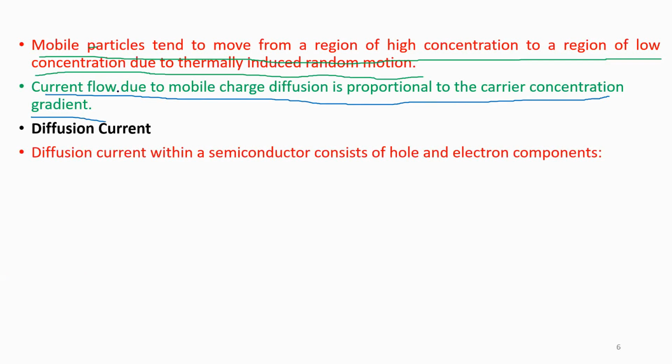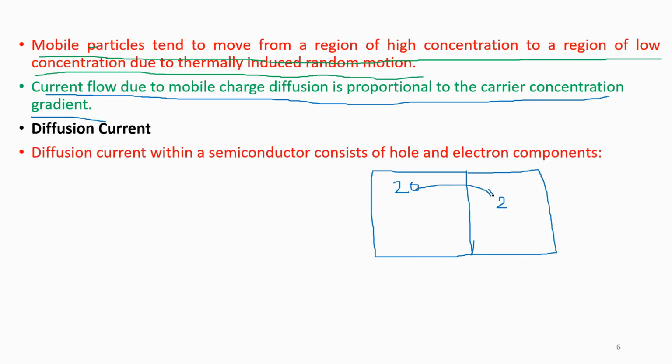I am unable to understand concentration gradients. Can you please repeat? Okay, concentration gradient is, suppose you are sitting in a classroom. In this classroom 20 students are there, and it is extremely crowded. And in another classroom, only 2 or 3 students are sitting. So what happens? Some of the students will try to move. So what is the difference? A difference of 18 between these two classrooms.